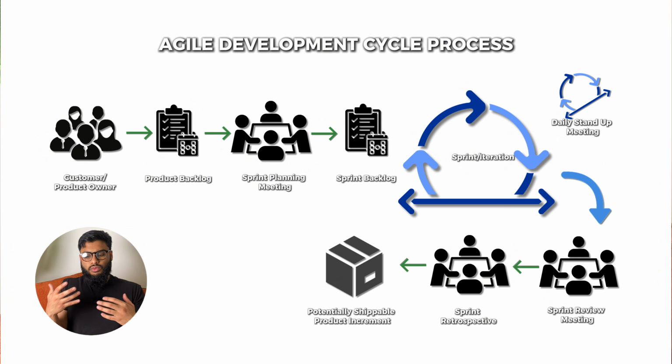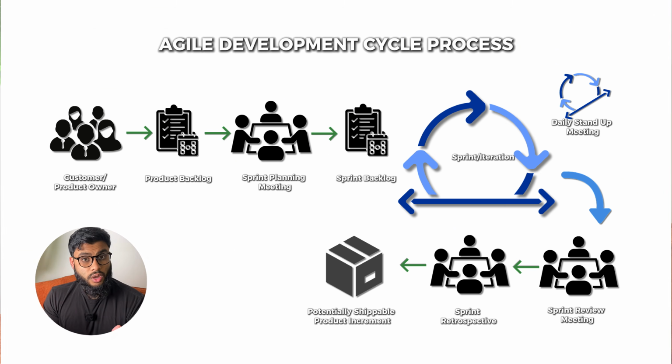So, just to summarize and reiterate again, remember your starting point is the customer and product owner, best buddies, right? And then you have the product backlog. The one who owns the product backlog is the PO, the product owner. Okay, but the customer and the team play a role in helping the product owner prioritize and refine it. After that, you have the sprint planning meeting, where the upcoming sprint is planned out.